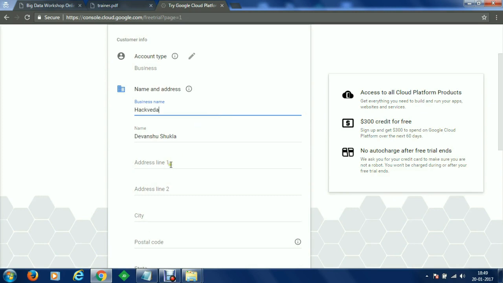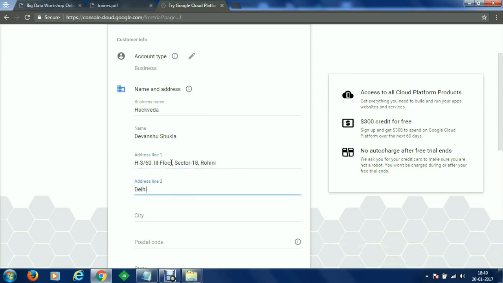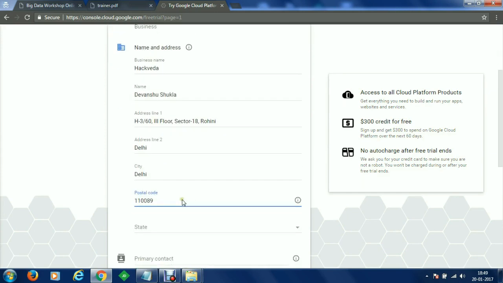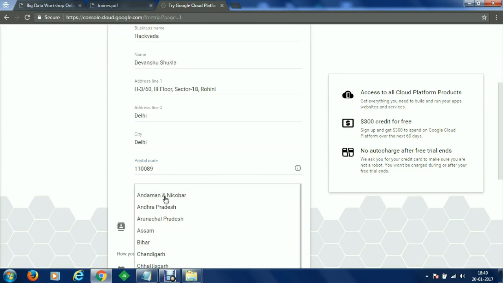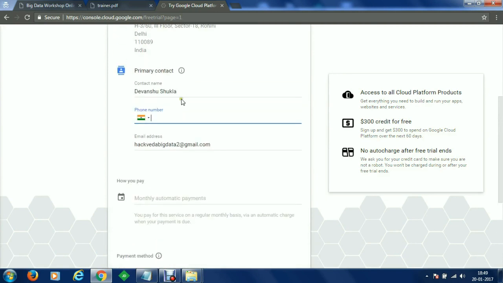I'm from Hackveda. The address is H3/60, 3rd floor, Sector 18, Rohini, Delhi, City Delhi, postal code 110089. The state is Delhi. Now once we have selected this, we like to specify a mobile number. So that will be 9654825370.